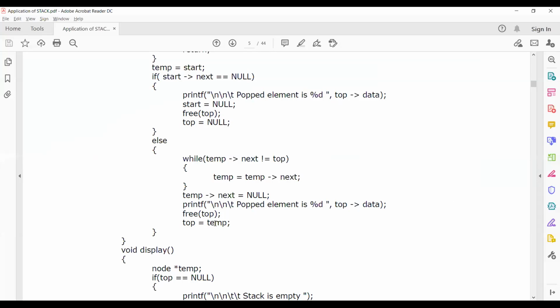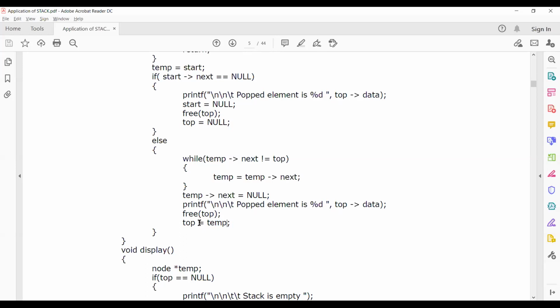Then temp is top. What I did, I told top equal to temp next. Are both the same or not? Can anyone tell? I told top equal to temp next.